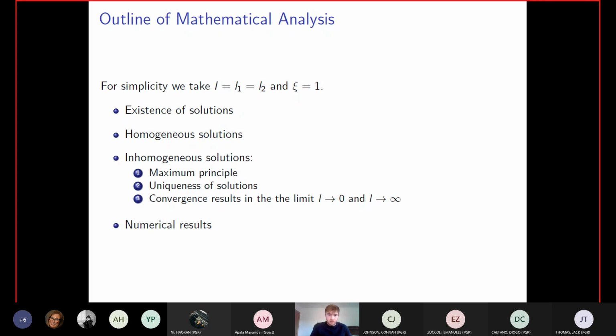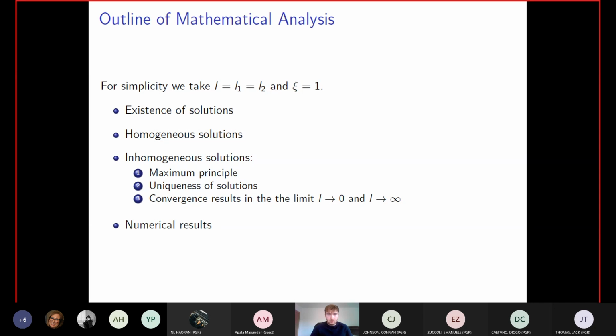L1 would be larger than L2, since this is a dilute suspension, and so the nematic effects will be dominant over the magnetic effects. And similarly, since it's a dilute suspension, taking psi equal to 1 is a reasonable choice, although in practice it would be smaller than 1. But since this is a first study, for simplicity, these are reasonable choices to illustrate the concepts